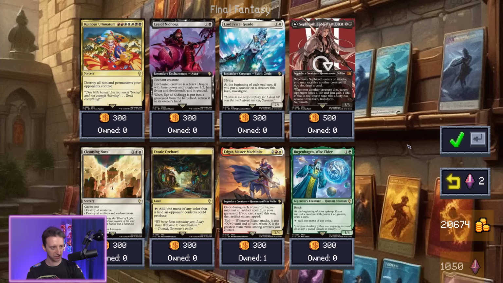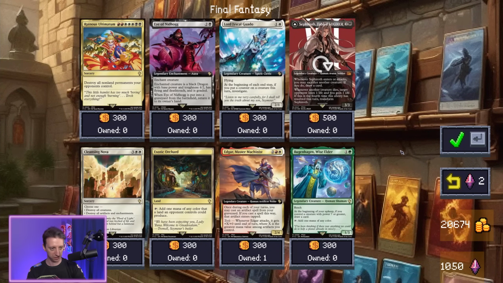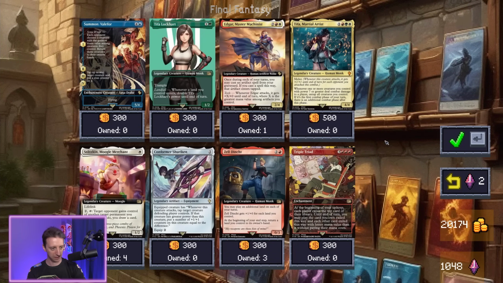I have Nidhogg. Another Exer. This Sephiroth: whenever Sephiroth enters or attacks, you may sacrifice. If you do, draw a card. Whenever another creature dies, after 4 times, Sephiroth transforms. I'll take that as well. Oh, the Tifa might be good. Let me,